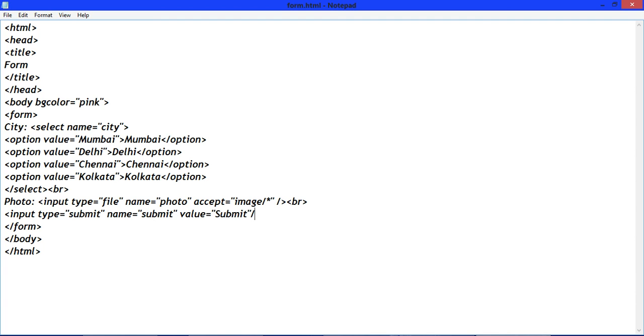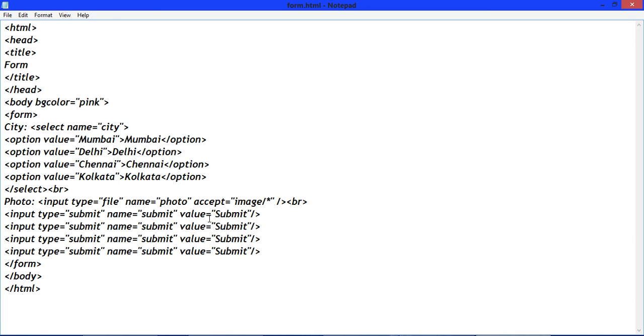Now close input tag, copy it and paste it. Do here reset, reset, reset.